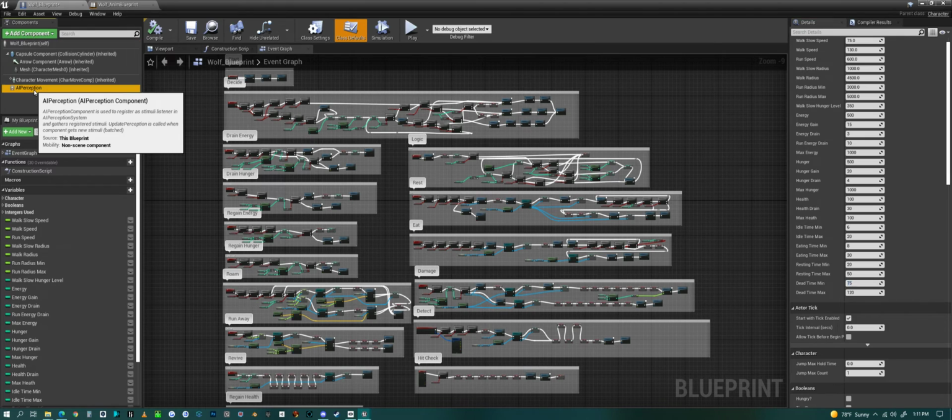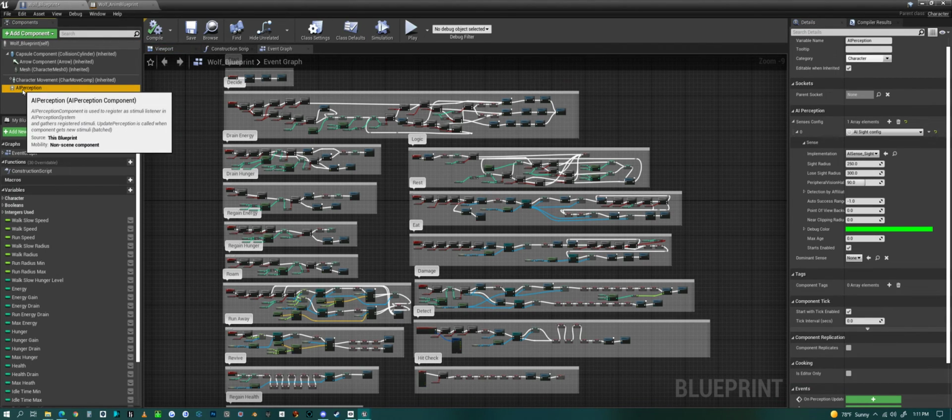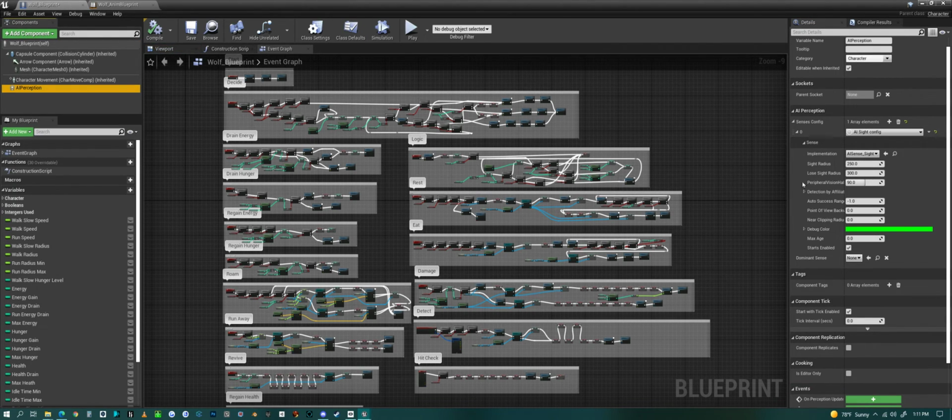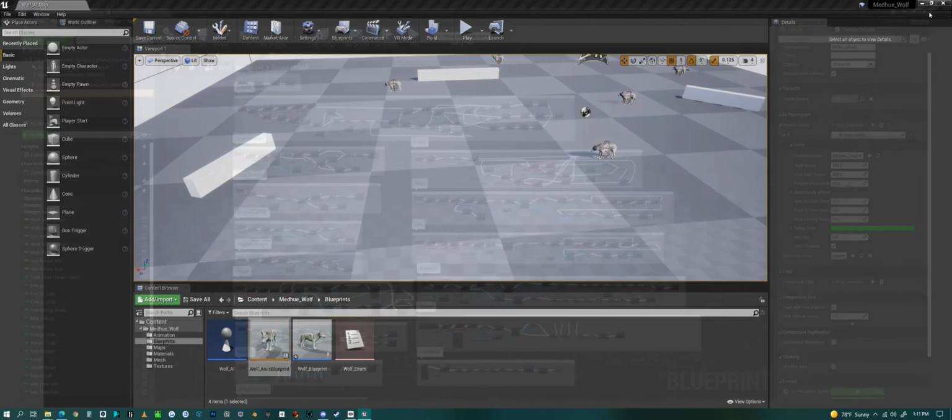On this left side again, the other thing to look at is the AI perception. Right now, he only has sight as an AI perception, and you can alter how far he can see things and when he forgets, and peripheral vision. But that's a quick look at the wolf